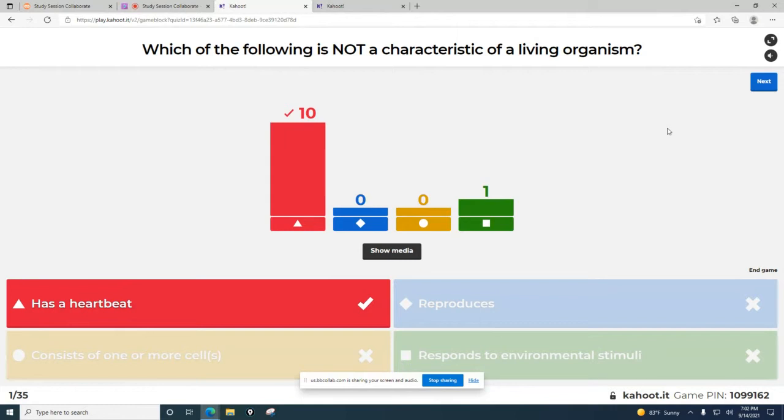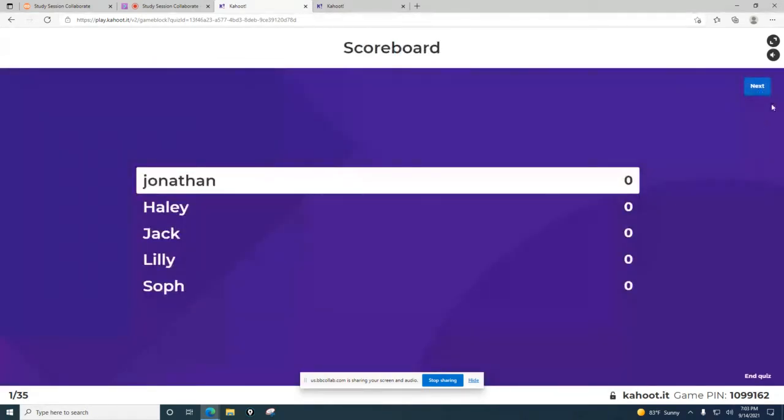What are some other characteristics of living organisms that you all remember? Metabolizes, responds to stimuli, grows, reproduces, has more than one cell, requires energy. Yeah, so definitely remember that entire list. That's going to serve you well, because there may be a question that's similar to this and you have to pick out which one is not a characteristic. So very good. Alrighty. Yeah, and the faster you are, the more points you get, in addition to being correct.